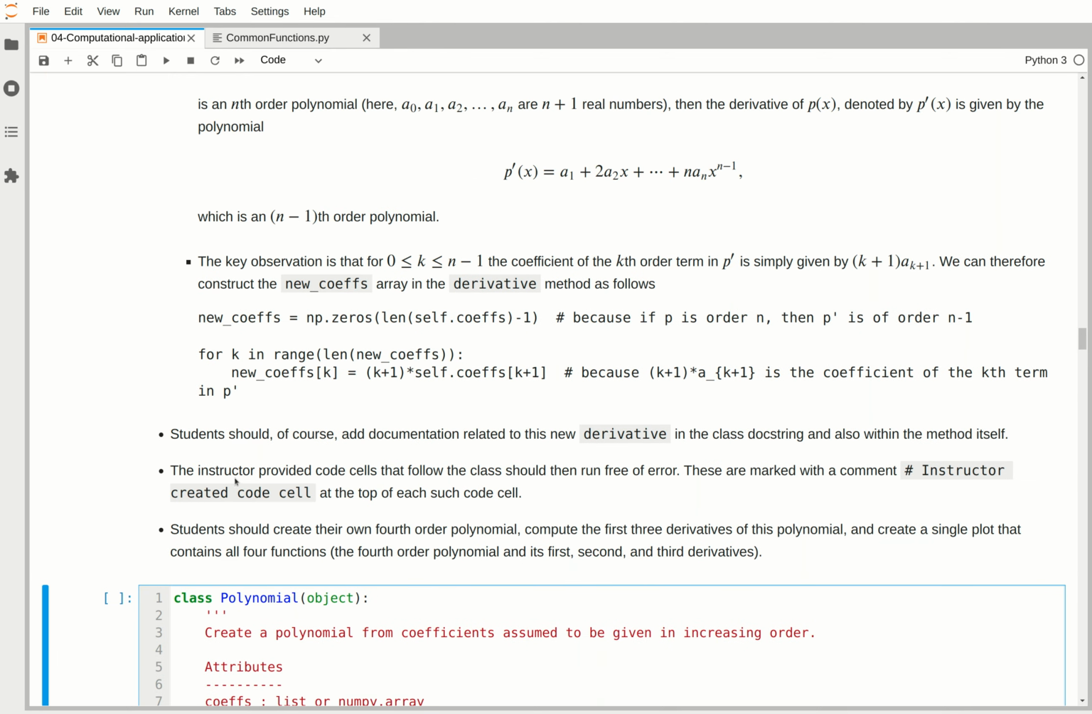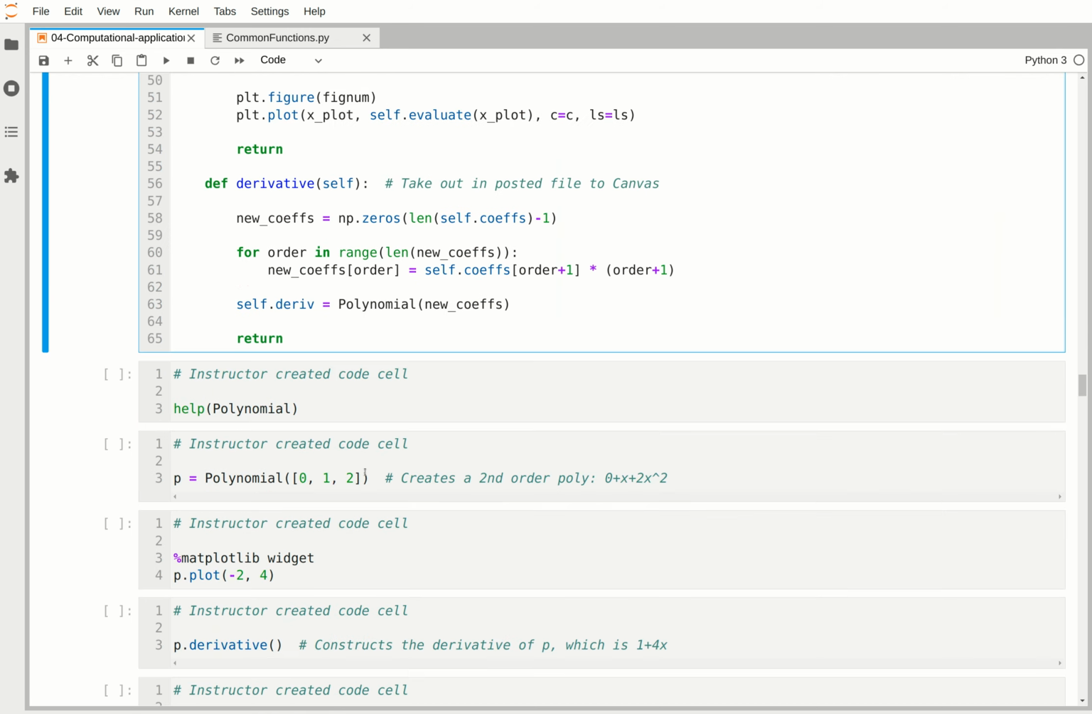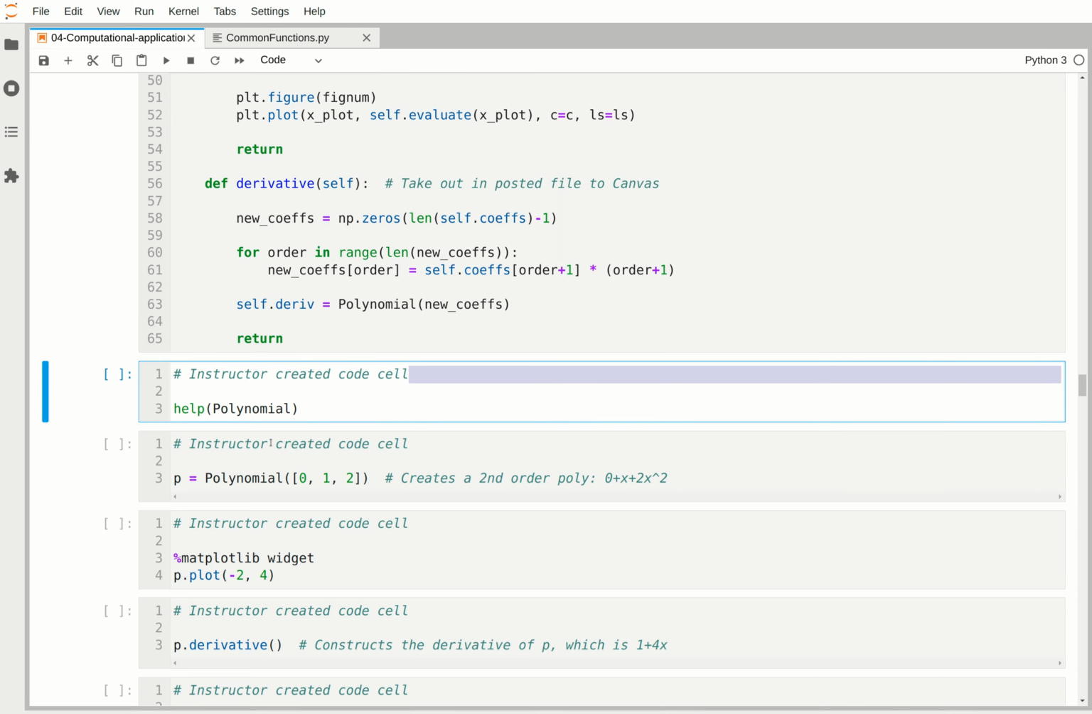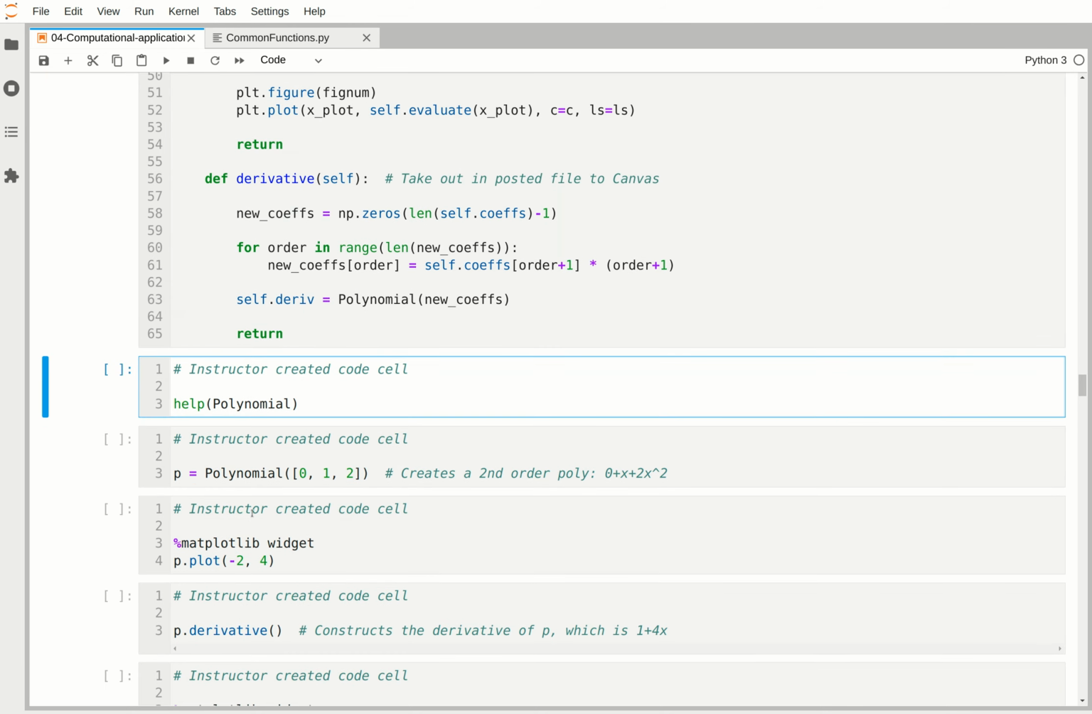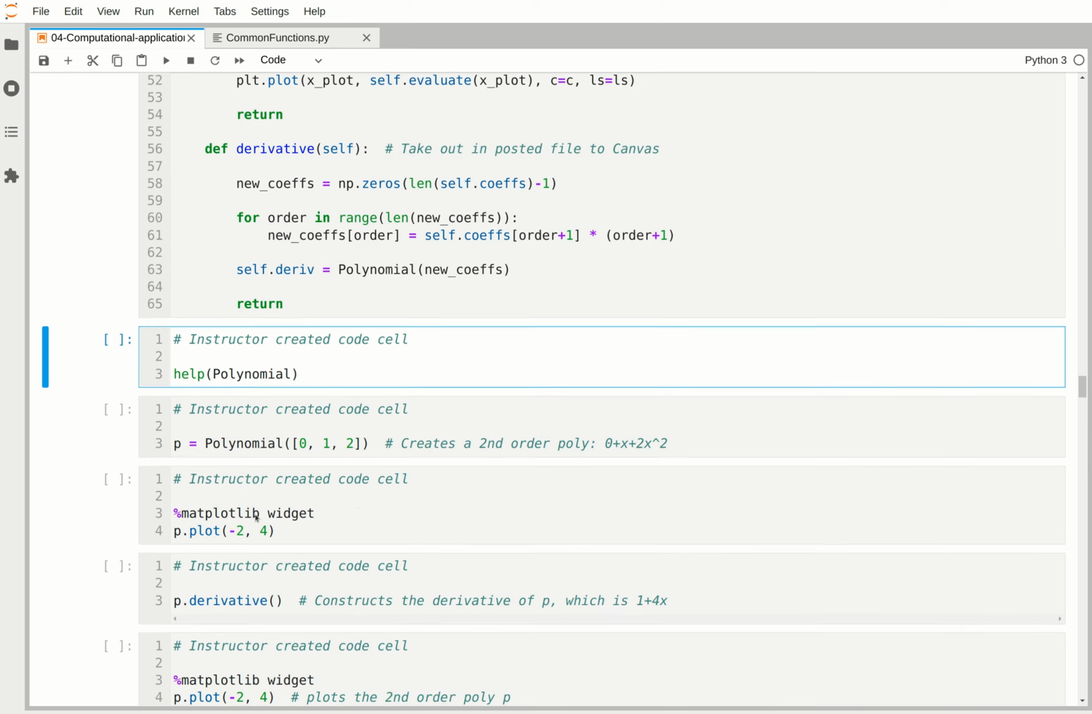Now I've provided you with some code cells that follow this class that should run free of error. These are marked with a comment, instructor created code cell, at the top of each such code cell. So you should not edit any of the code cells where you see instructor created code cell. You should just run these. Then you should work in other code cells that follow